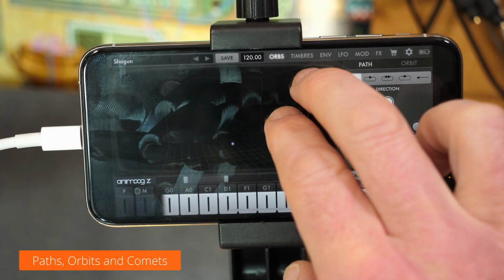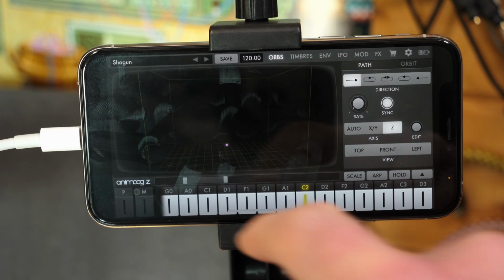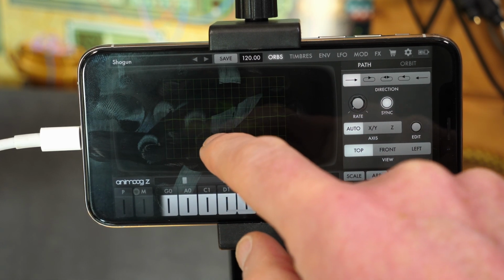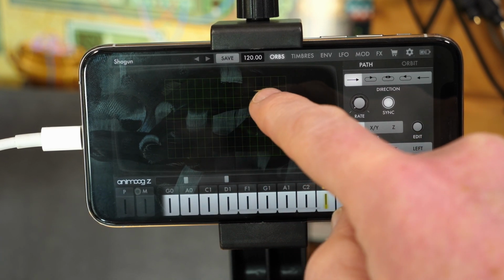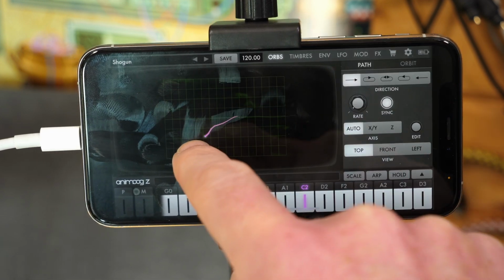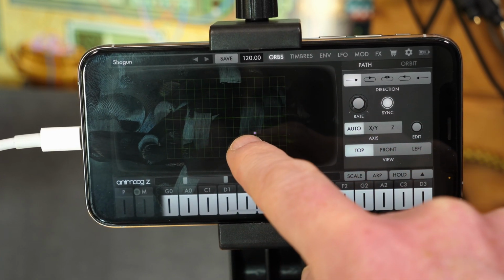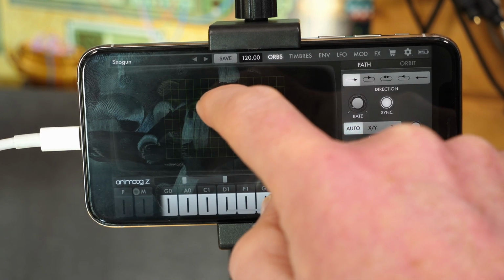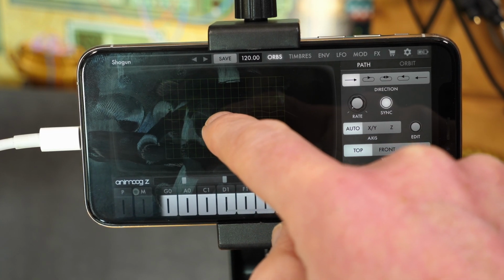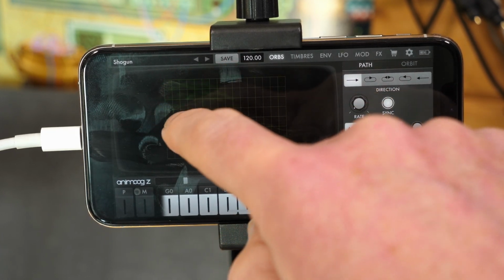Right, let's start with a very, very basic patch. So the only sound that's going on is right at this point of origin. If we look at it from the top, we can move it around and that point will pick out different waveforms on the grid. So that is classic wavetable morphing, just going between waves